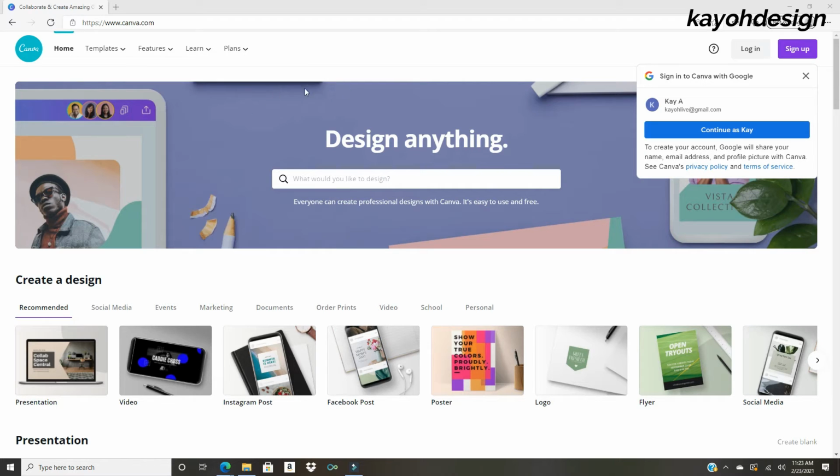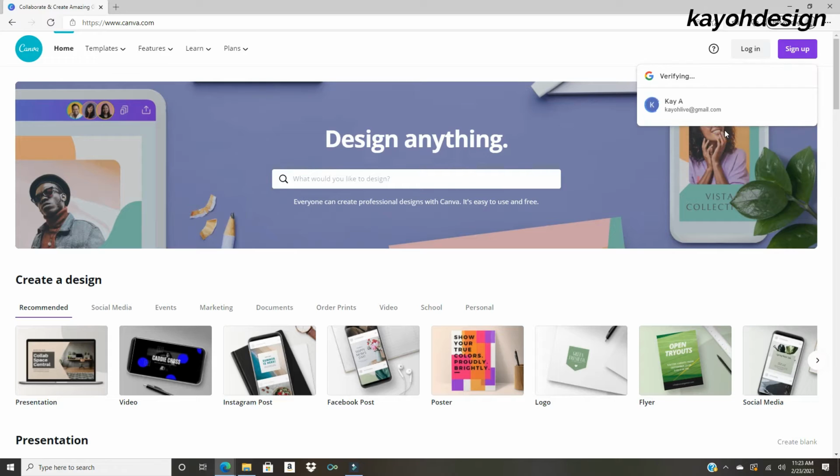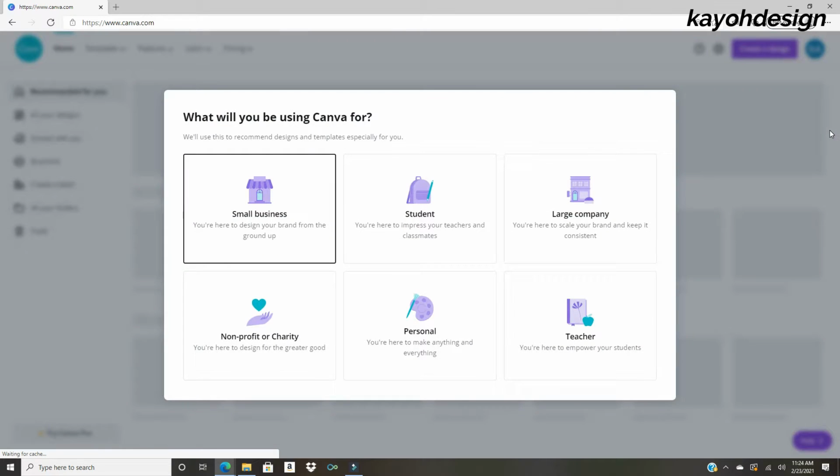So the first step to setting up a Canva account is to go to canva.com. If you have an account, you would click login. If you don't, you would hit sign up. So I'm going to use my Google account to sign up for a new account. I'm primarily going to use this account for like YouTube tutorials,